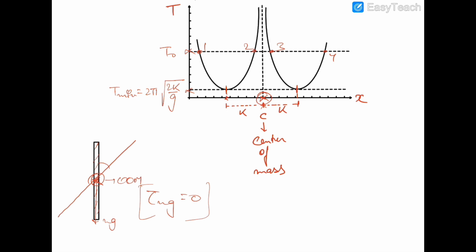So the time period of oscillation would be infinity theoretically, because that body is not oscillating, and if any body is not oscillating, then it would take infinite amount of time to complete one oscillation. So theoretically that time period should be infinity when we have hinged the center of mass itself, and in practical situations we can say that there would be no SHM or no oscillation of that system.